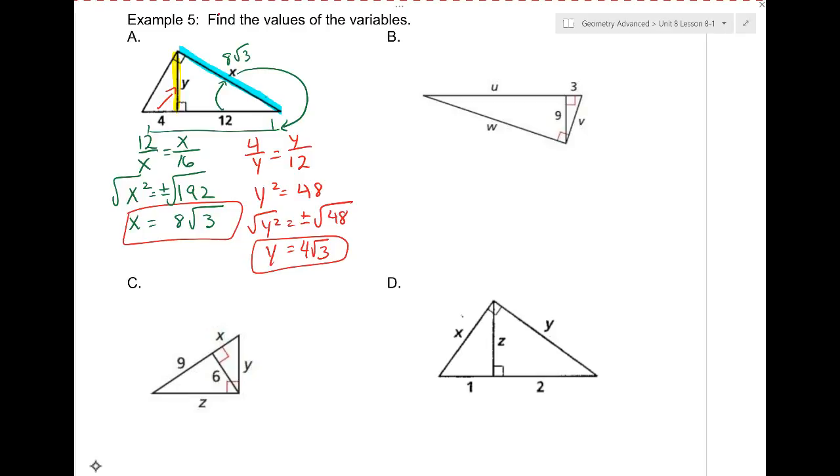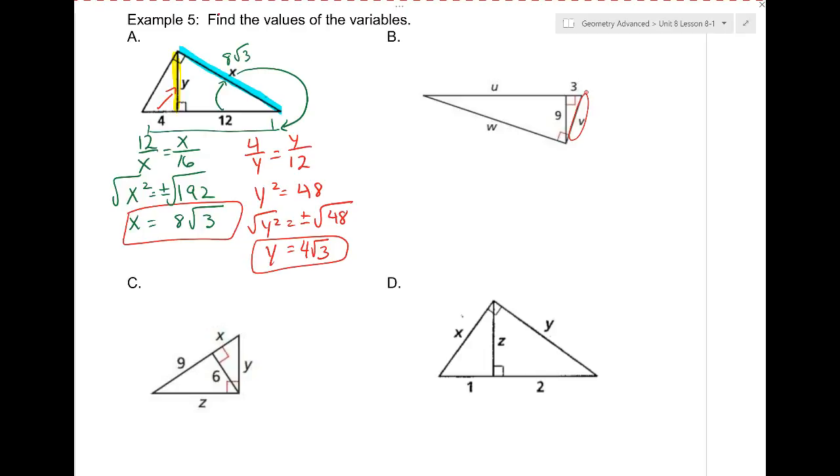And I'm trying to figure out how to set up these proportions here. I'm looking for V, U, and W. Here's a couple ways I want you to think about these. You can use different methods. So for instance, if I'm looking at V here, is there any reason why I couldn't use the Pythagorean theorem to solve for it? And the answer is no. So if you feel better about using the Pythagorean theorem to solve for it, please do so because you would